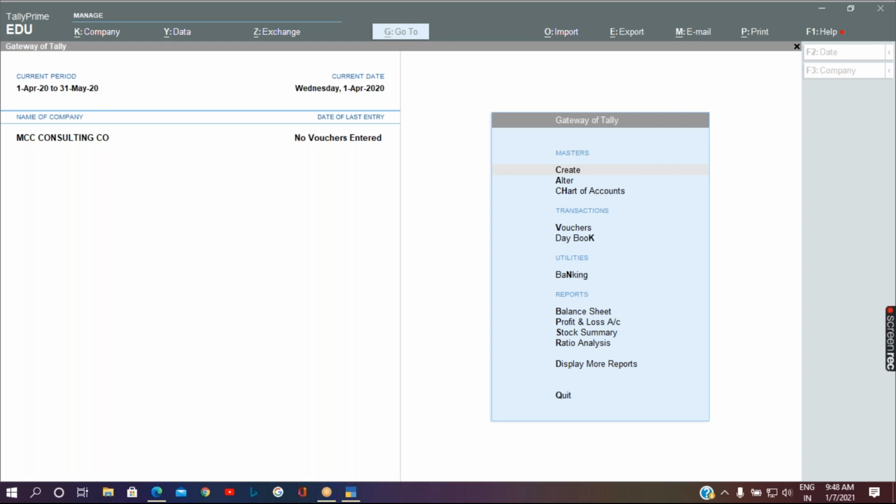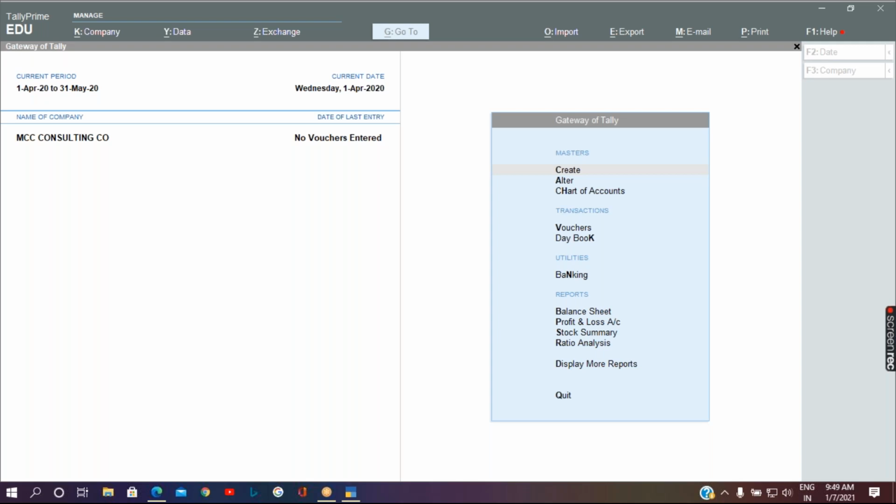The accounting vouchers are contra, receipt, payment, journal, purchase, sales, debit note, and credit note.